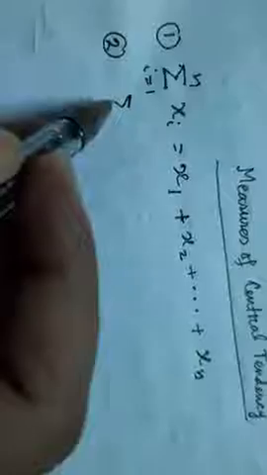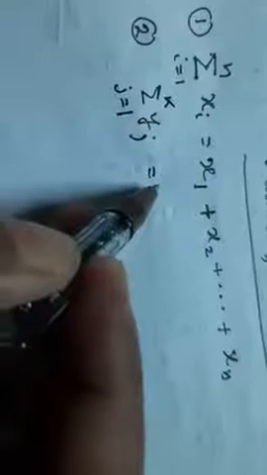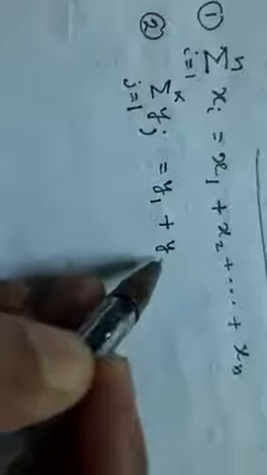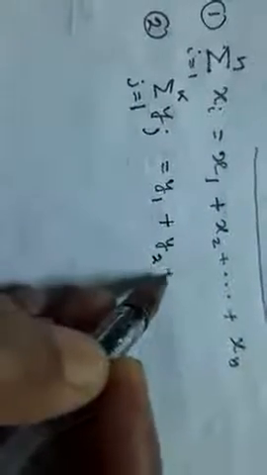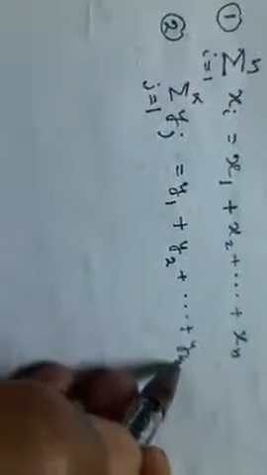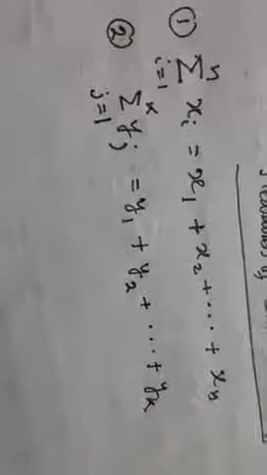Now if you understand the above line, then it is easy for you to verify that the sum over yj, where j runs from 1 to k, will be simply: for j is equal to 1, yj is equal to y1, and for j is equal to 2, yj will be y2, and lastly the last value of j here is k, so that will be yk. And there are so many different examples you can put in your copy and practice.